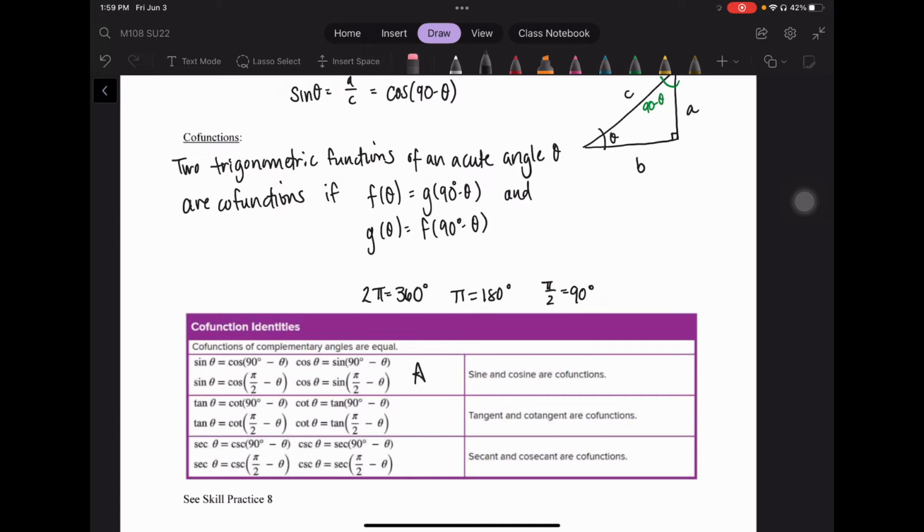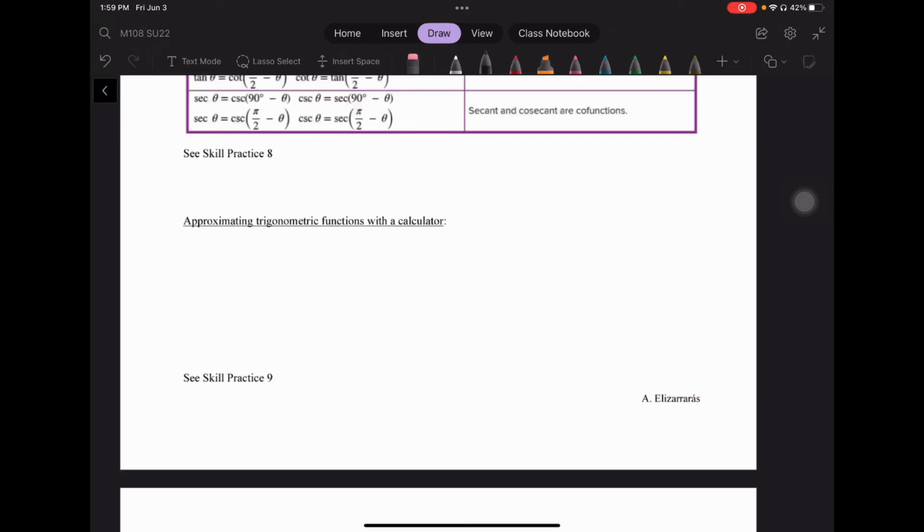So these cofunction identities are saying the same thing. One is just in degree and one is in radian. Tangent and cotangent are cofunctions, and secant and cosecant are also cofunctions. We could be asked, find a cofunction with the same value. For certain angle measures like we saw above, 30, 60, 90, 45 degrees, we know what the actual value is